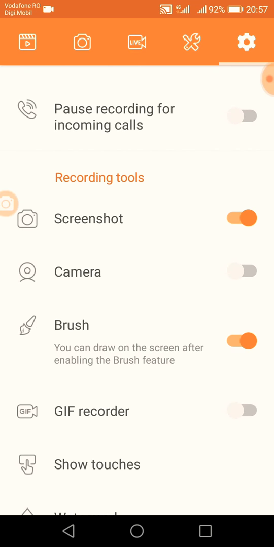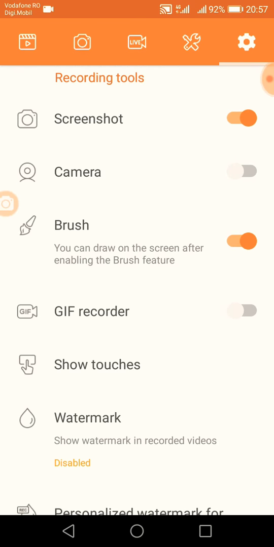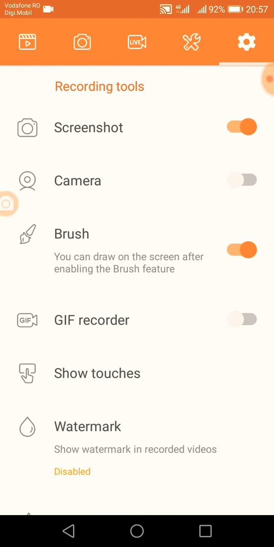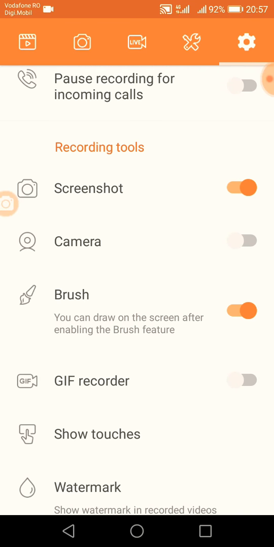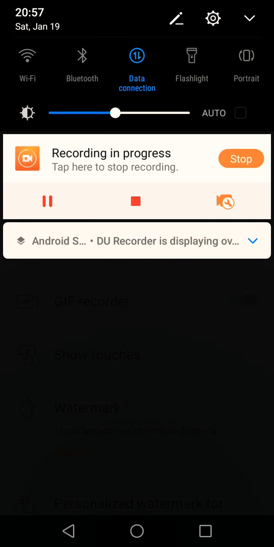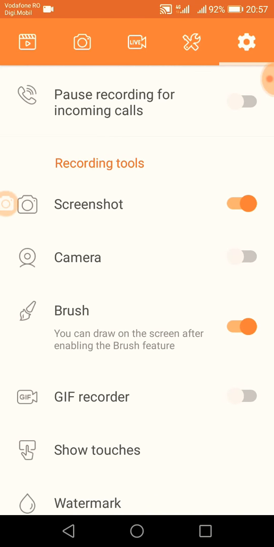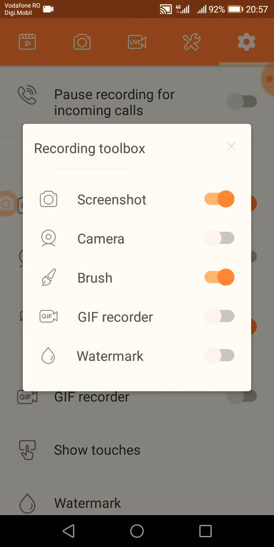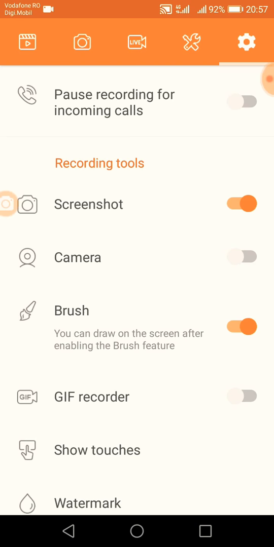Recording tools: screenshot, camera, brush, GIF recorder, show touches. Oh, GIF recorder, and those were the 5 recording tools that you have, that you can also access here in this recording toolbox button. GIF recorder,